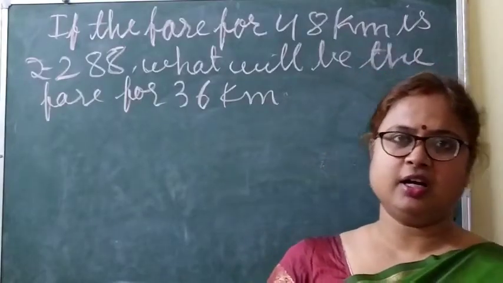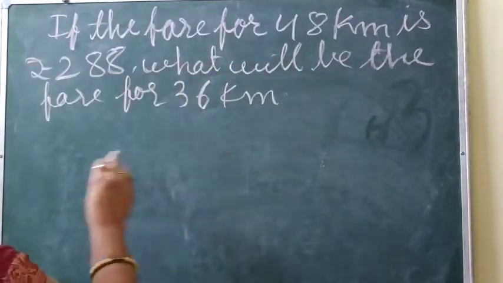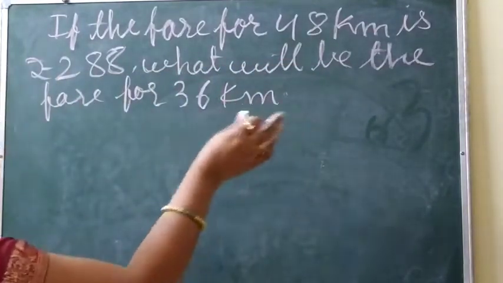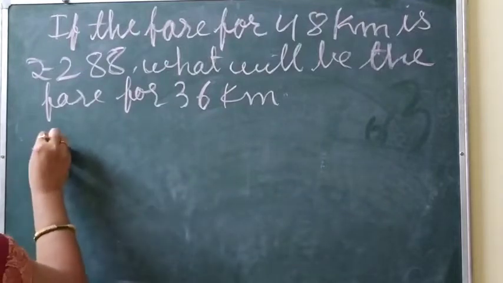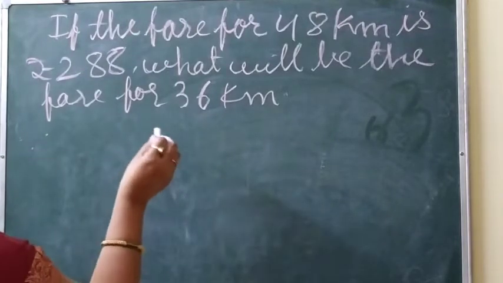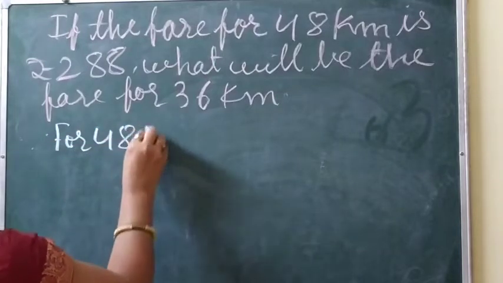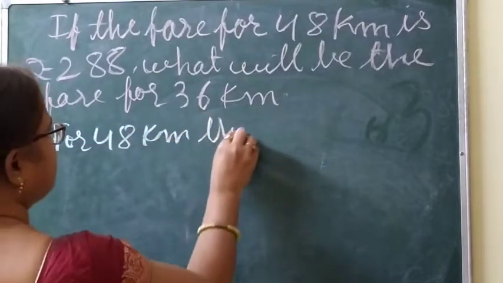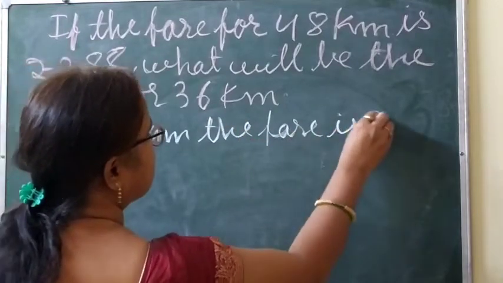Now let's solve another question. The question is, if the fare for 48 km is rupees 288, what will be the fare for 36 km? So let's write the statement. Since for 48 km the fare is rupees